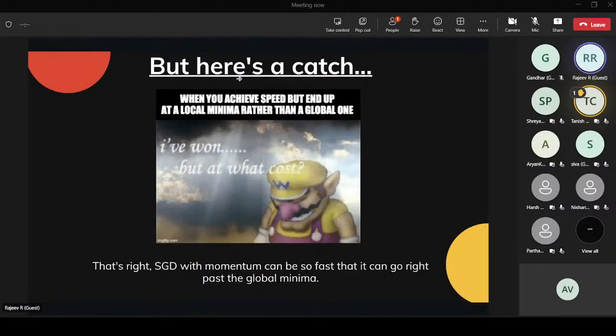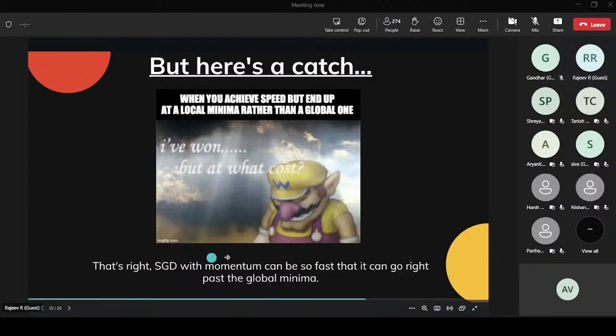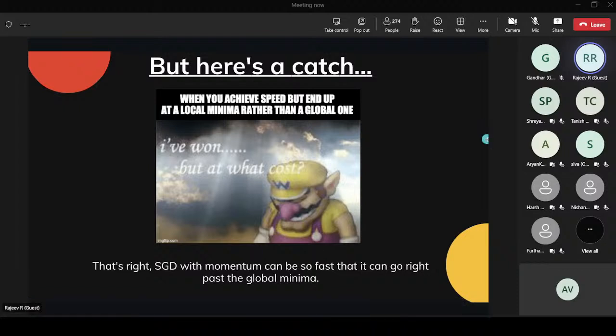So there's also a problem with SGD with momentum. It may not be that it always escapes a global minima. So we can go through even better optimizers which have a better chance of getting a global minima. SGD with momentum may also jump over the global minima, and this is something we don't want. So some parts of the gradient descent formula have been changed to improve SGD with momentum also. So we have the next improvement,